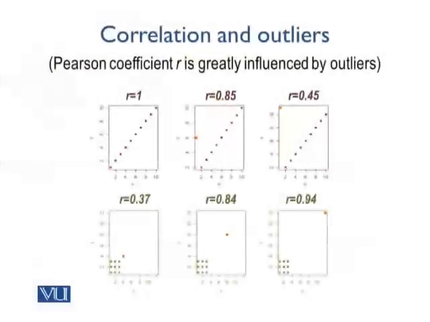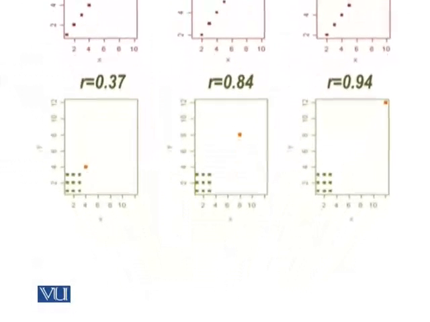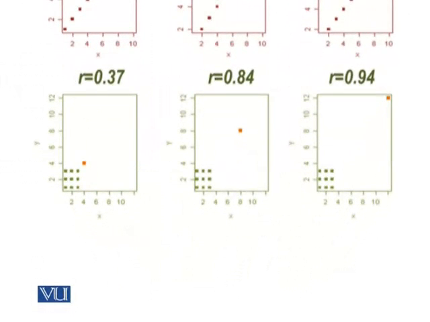When the general trend of data is not actually associated, you can still have a very large correlation coefficient if the outlier is suitably positioned. So we can see now in the bottom half of our slide that the general trend is actually not very associated, but because of the outlier, as it moves away towards the slope we would have if we have a positive correlation, the value of the correlation coefficient increases.